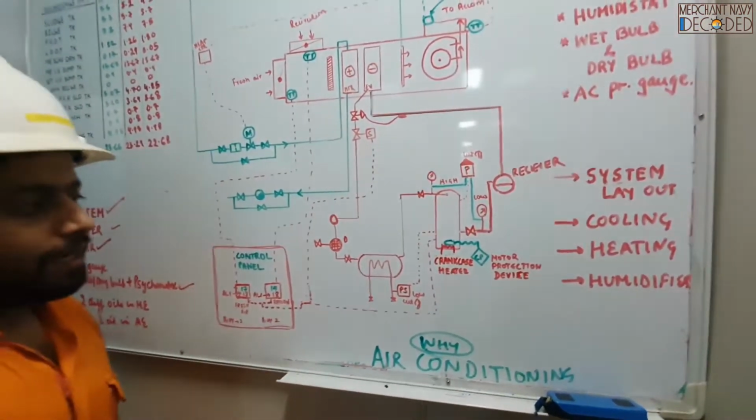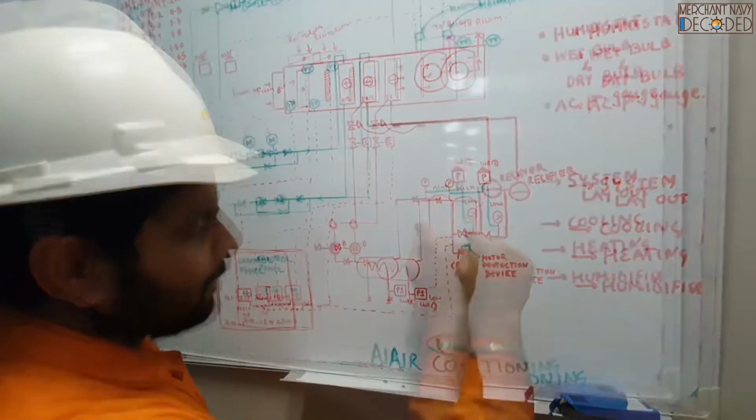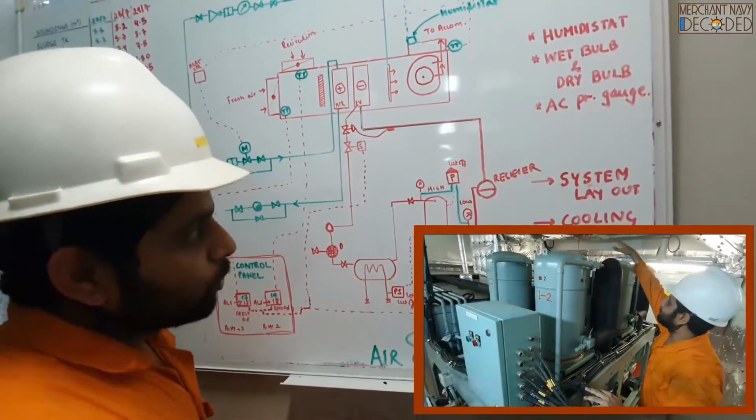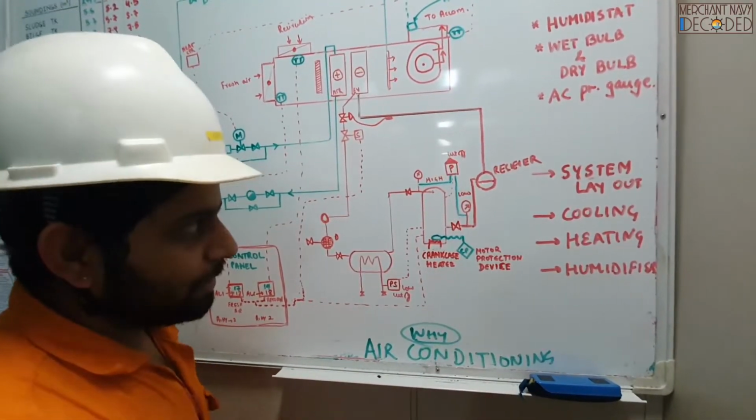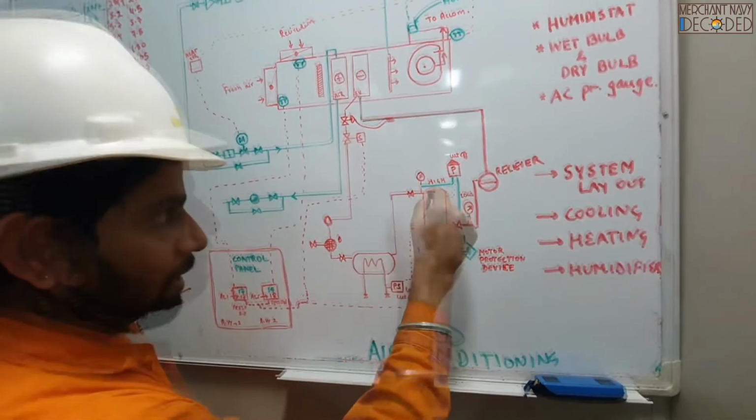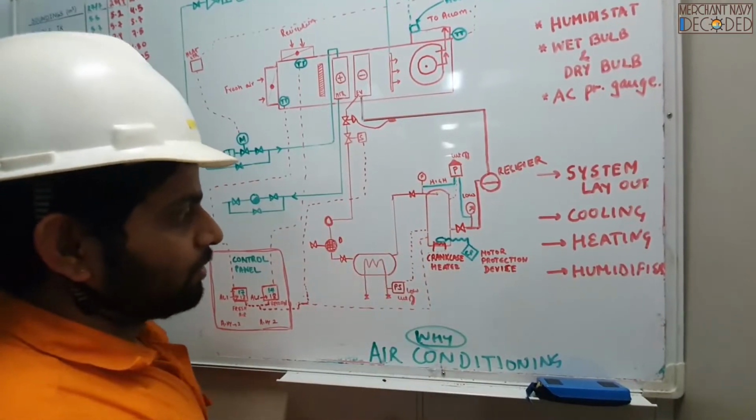Now guys, let me start with this, my AC compressor over here. So the AC compressor is taking in the refrigerant that is in vapor state and discharging gas at a higher pressure over here. Got it, guys?